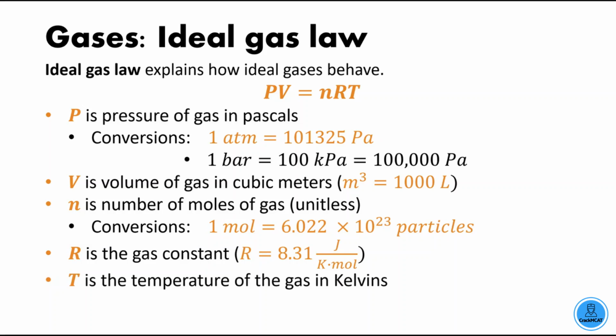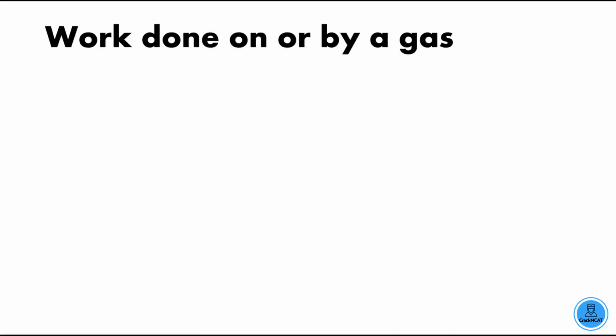And take note of the specific units that this equation uses. For pressure, we want pascals. Volume, we want cubic meters. n doesn't have a unit. R is the gas constant, which is 8.31 joules per kelvin times moles. And T is in kelvins. So when gas